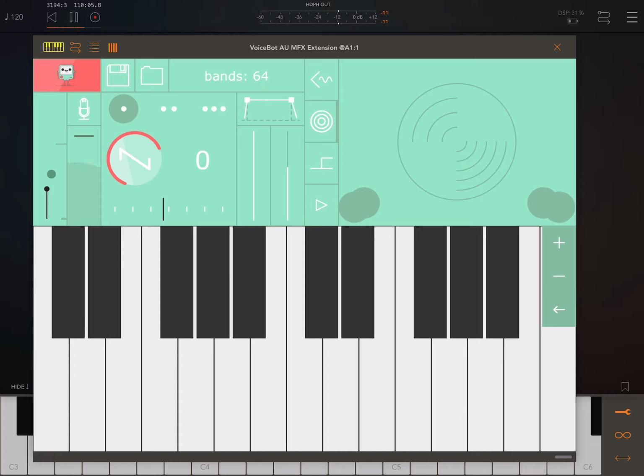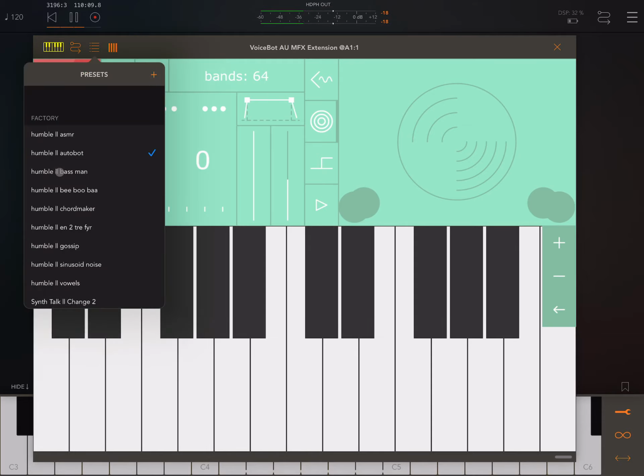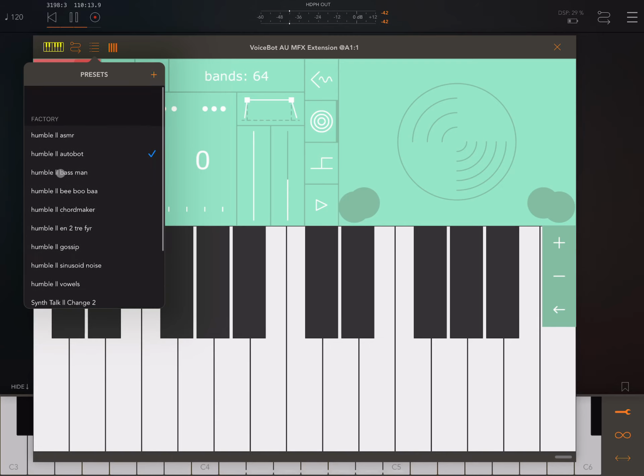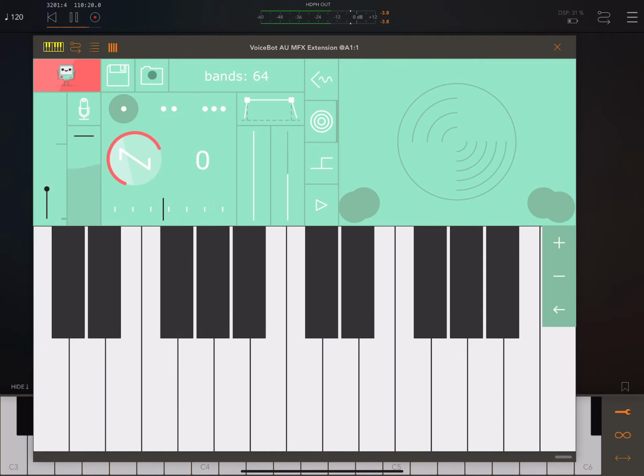Now, let me change this preset. Actually, speaking of change, let's try this. Okay. Now, one thing you might see here is I'm pressing and nothing is happening. This is something that could bewilder a first-time user, because